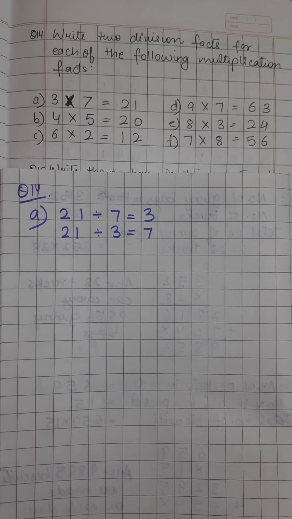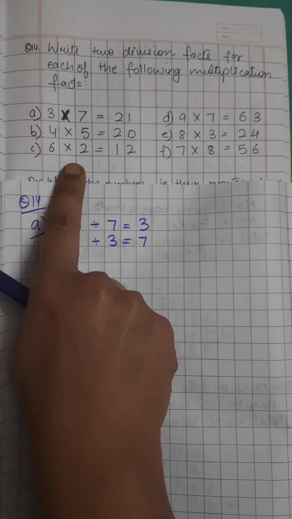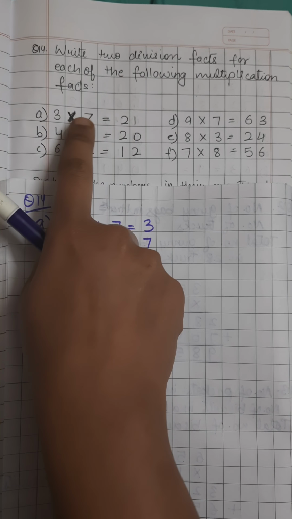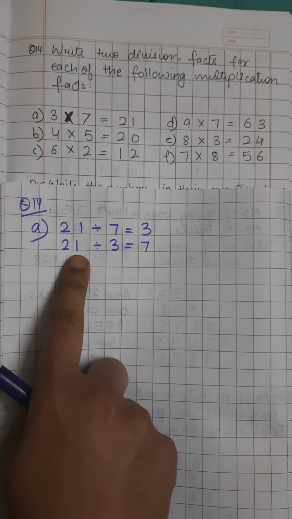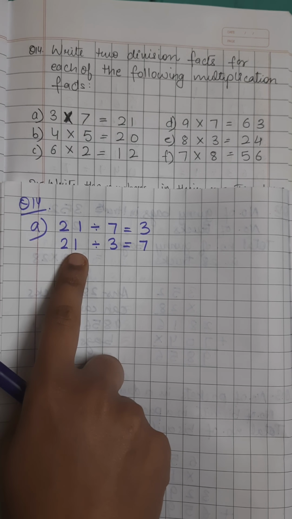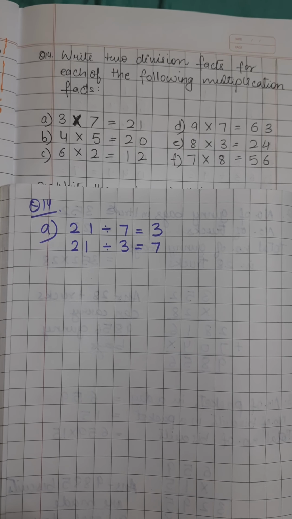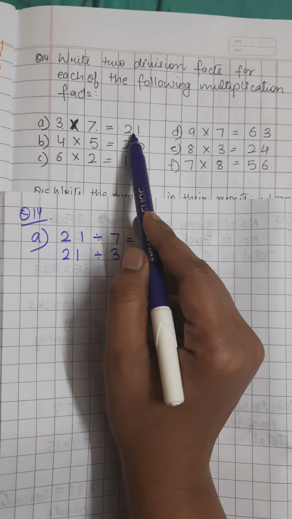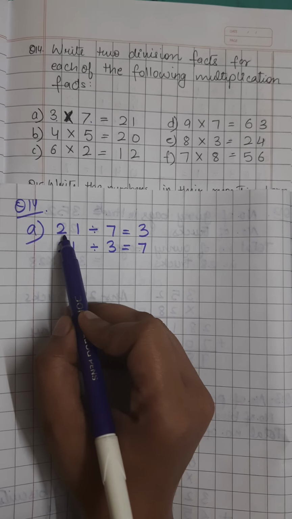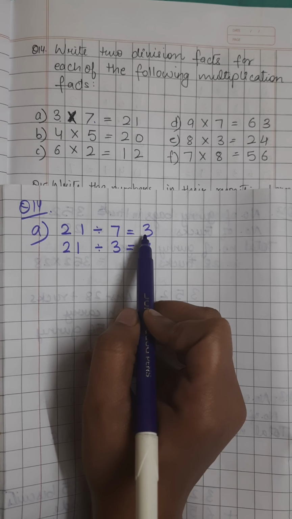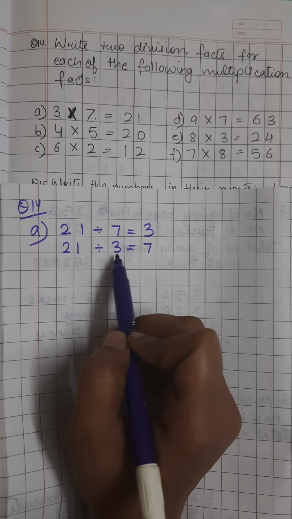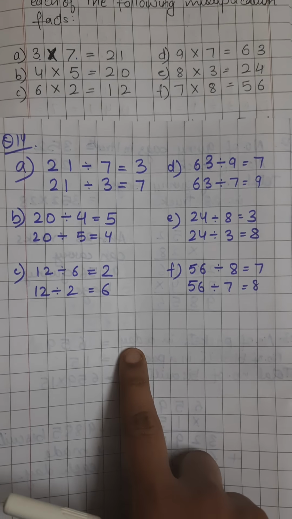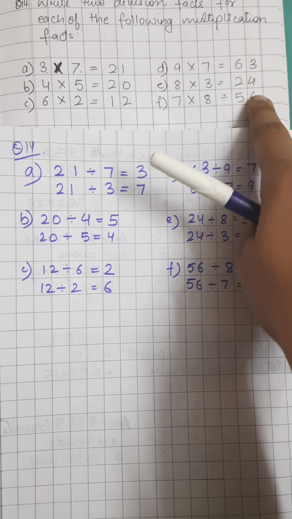Right? This is how we have understood, we have learnt about fact families. So these are the three numbers, 3, 7 and 21. With these we can make our multiplication and division facts, since multiplication and division are inverse in relation. So 3 times 7 is 21. So when I divide 21 into 7 parts, I will get 3, and 21 into 3 parts, I will get 7. So here are the rest of the answers for these multiplication facts.